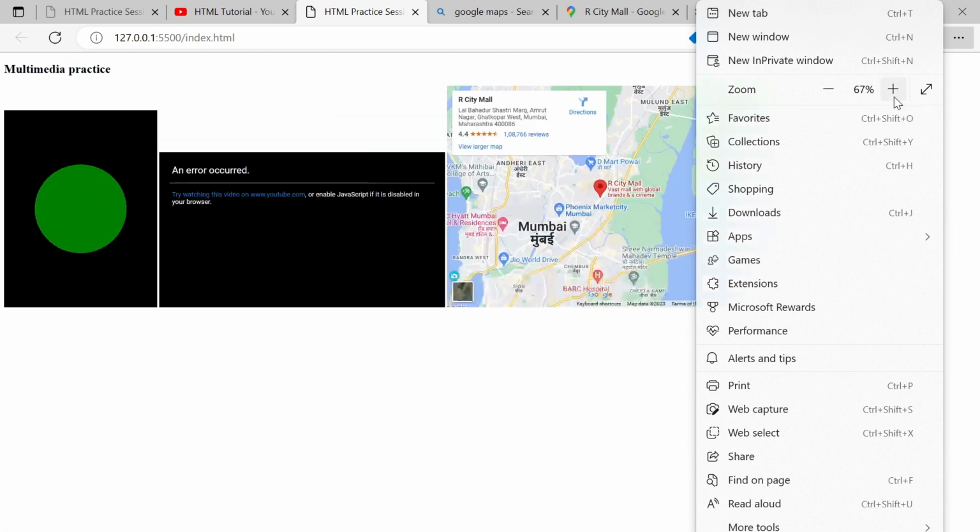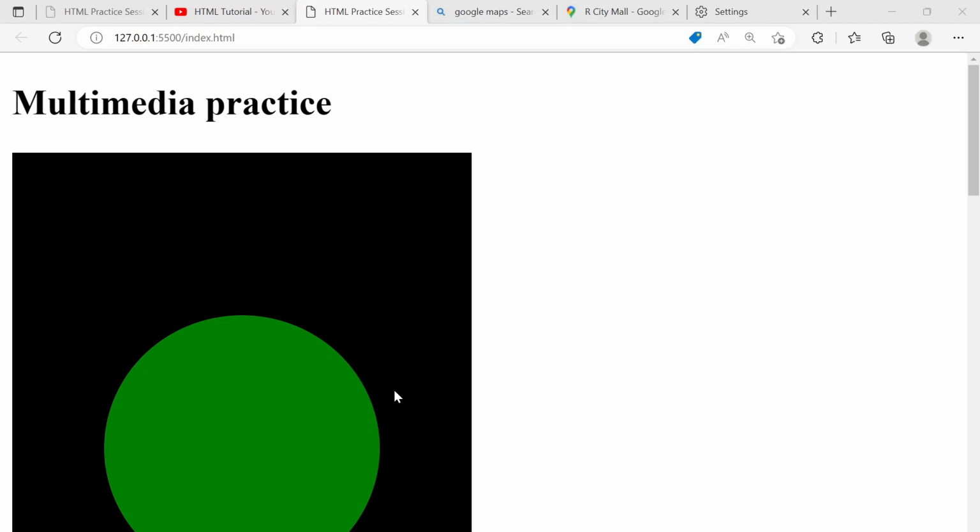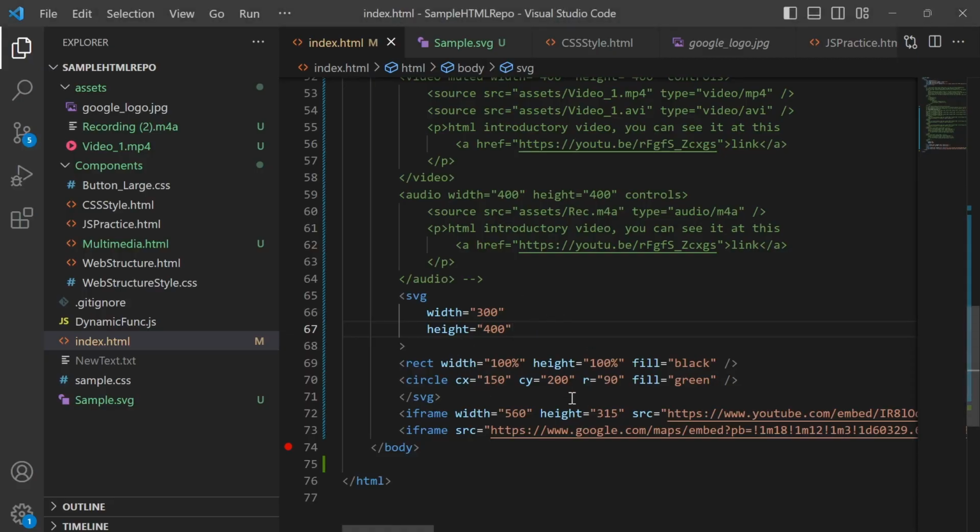People use SVG images because they are very crisp and clear, because they are defined programmatically with proper height and width, and not directly by which pixels they should be. Pixel size changes with every bit of zoom in and zoom out, and because of that it gets pixelated or blurry, but in this case the images are better and clearer. Okay, and that's it for today's session. Thank you guys.